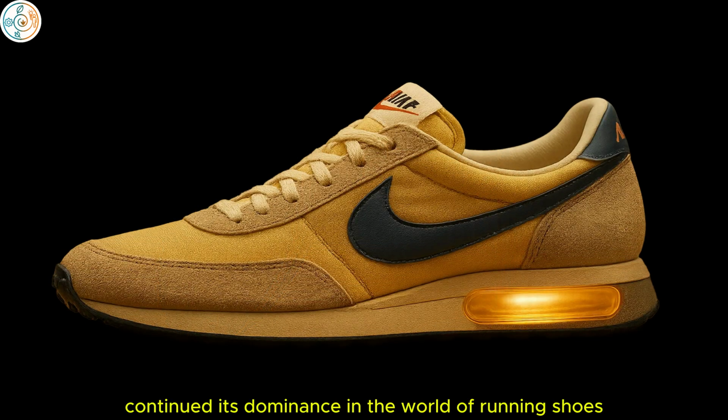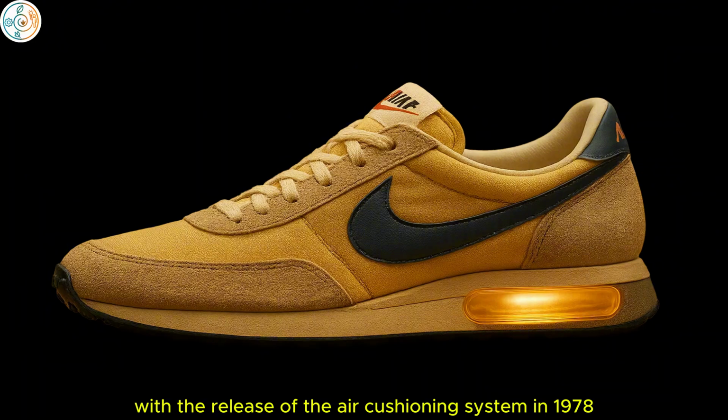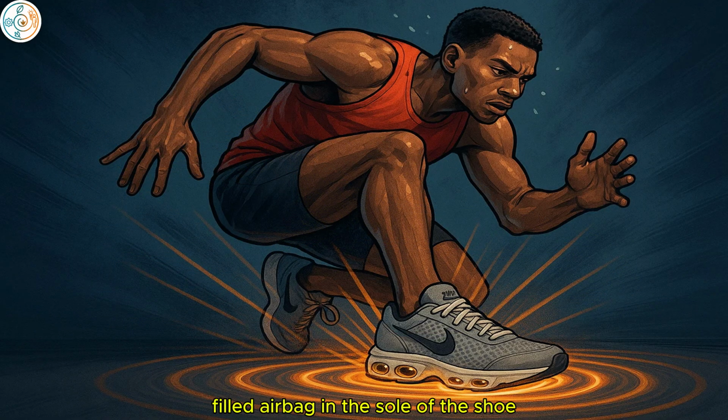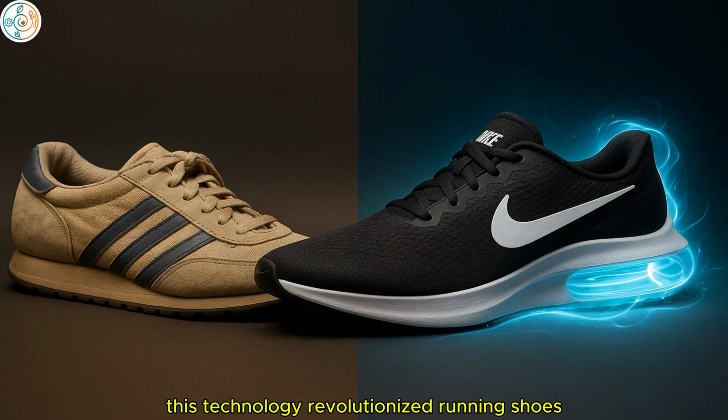Nike continued its dominance in the world of running shoes with the release of the air cushioning system in 1978. The system, first used in the Nike Tailwind, incorporated a gas-filled airbag in the sole of the shoe, providing extra cushioning and shock absorption. This technology revolutionized running shoes by offering more comfort and support, helping runners avoid injuries and